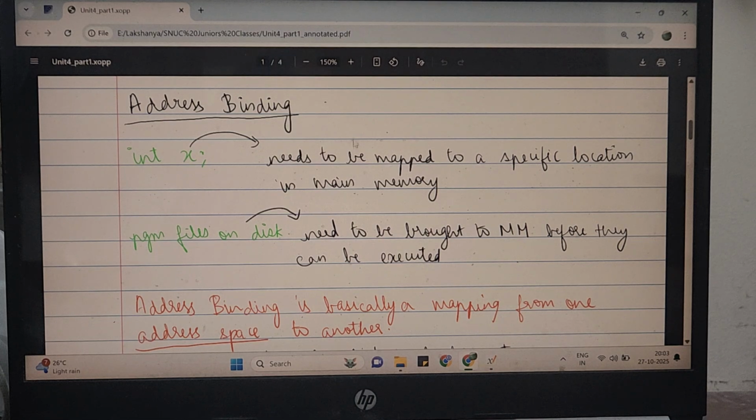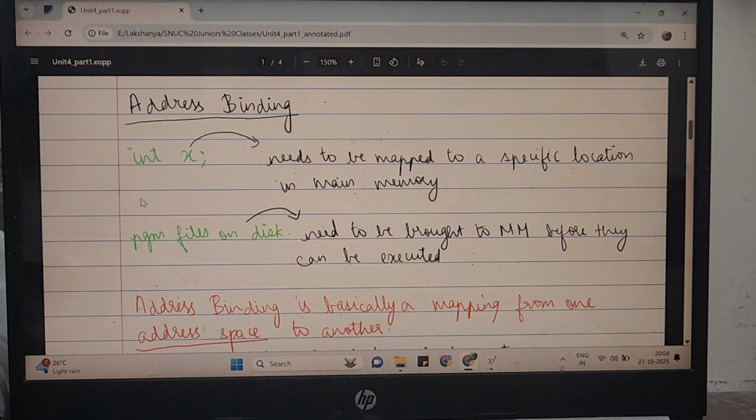Alright, the next concept we're going to be looking at is something called address binding. In some programming languages, for example C, you declare a variable first and then you use it, right? So we have this syntax, int x. When we're learning C programming and our teacher writes code with this line and explains that code fragment, what they say is this line creates some space in the memory and allocates it to the